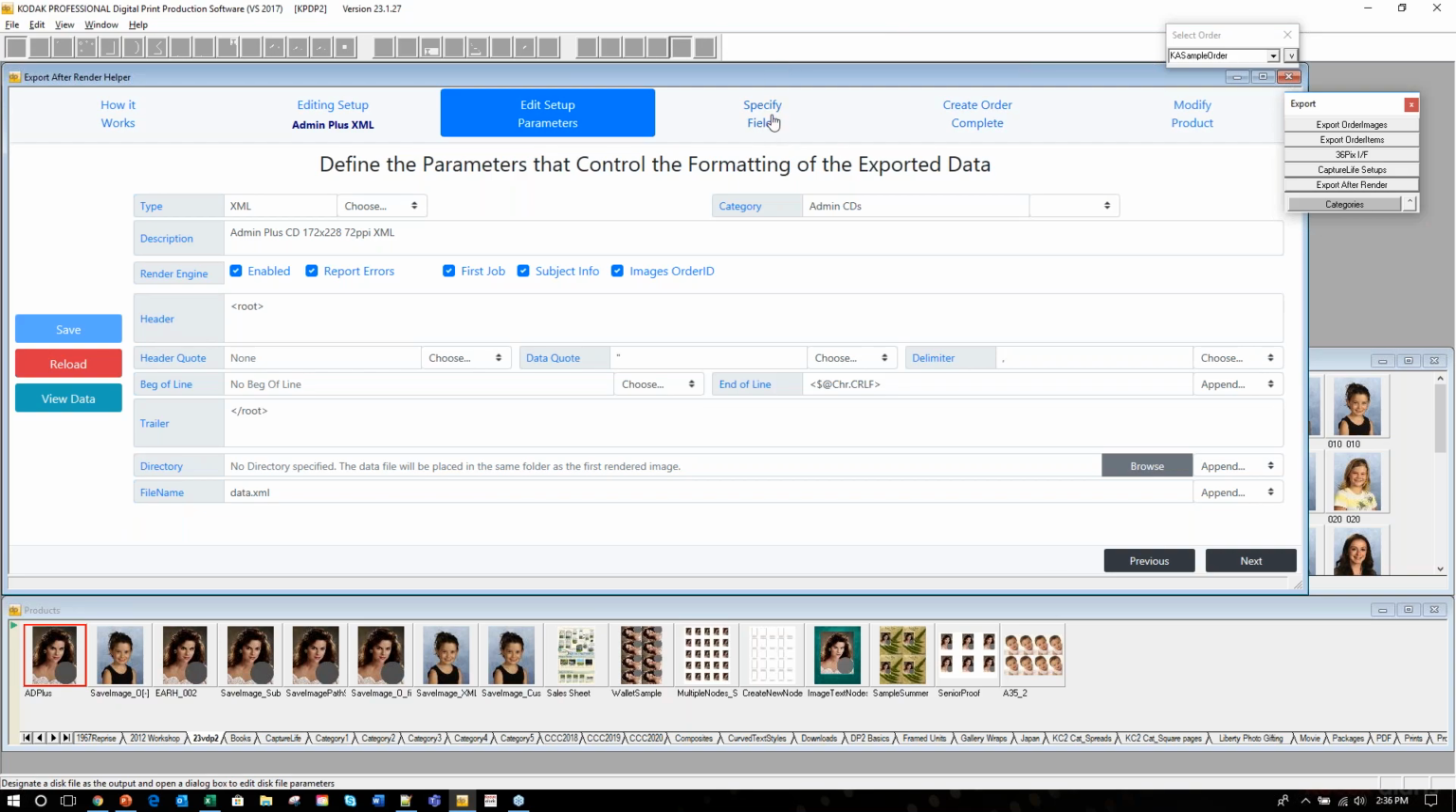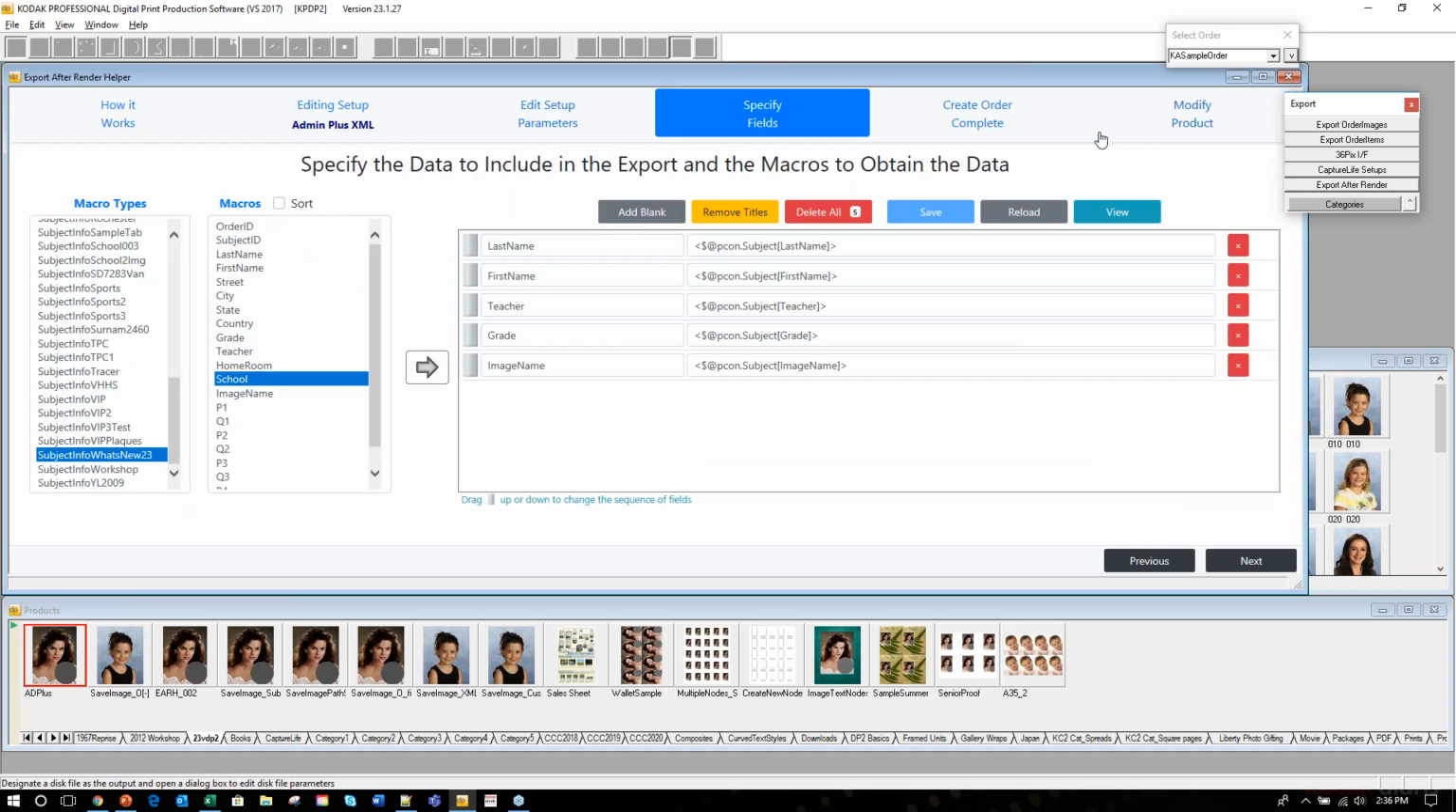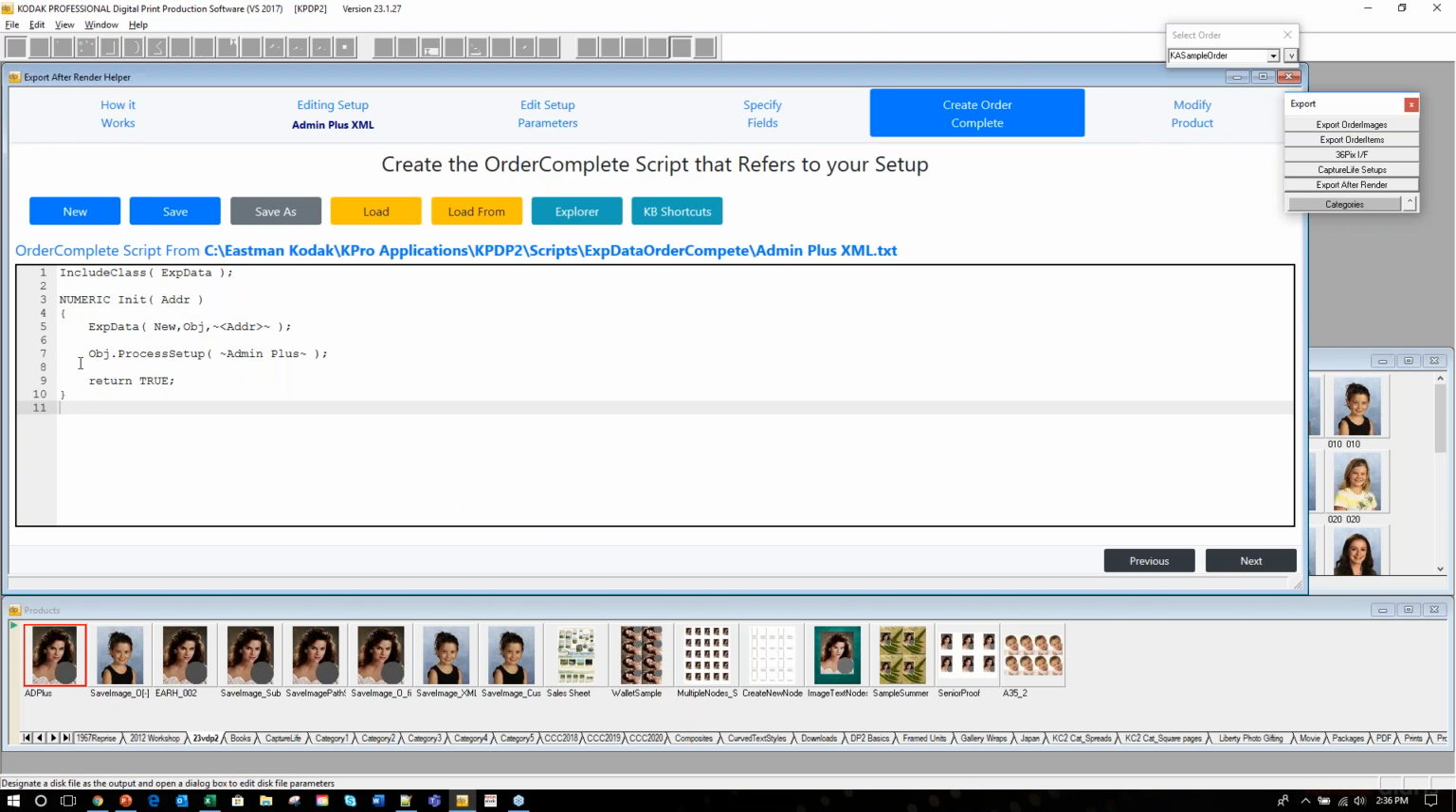So in specifying the fields, I'm using the buttons at the top this time. Same thing, there's no difference in this part of the process, right? But these were different because that's what was required for this particular one, which is a little different than the first one that I did. And then the order complete. Now,